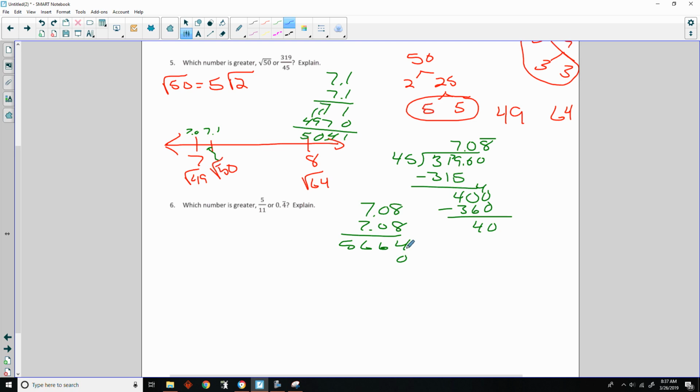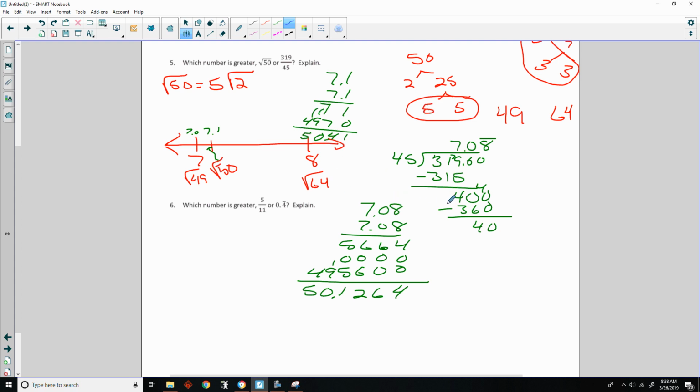Then bring down my spacer, and then 0, this is all just going to be zeros on this row, bring down 2 zeros, 7 times 8 is 56, and 7 times 7 is 49, and I get 4, 6, 12, 11, 10, 50, and 4 decimal places. So 7.08 squared is 50.1264, but 7.1 squared is 50.41,